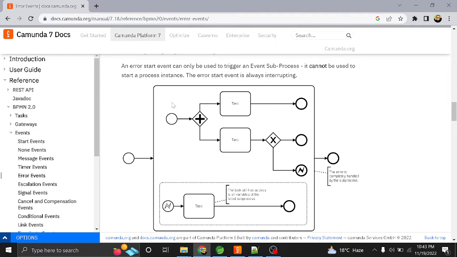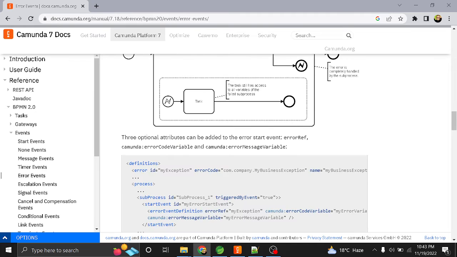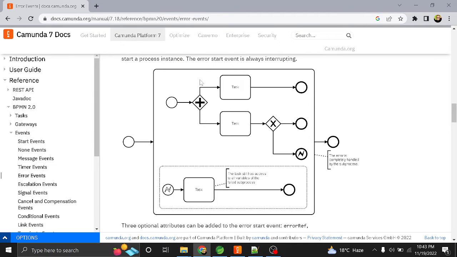We have created a process and we are generating two sequence flows, and suppose execution arrives at this particular point, so we are throwing this error and catching this error. There can be a scenario with parallel execution, creating two parallel executions.